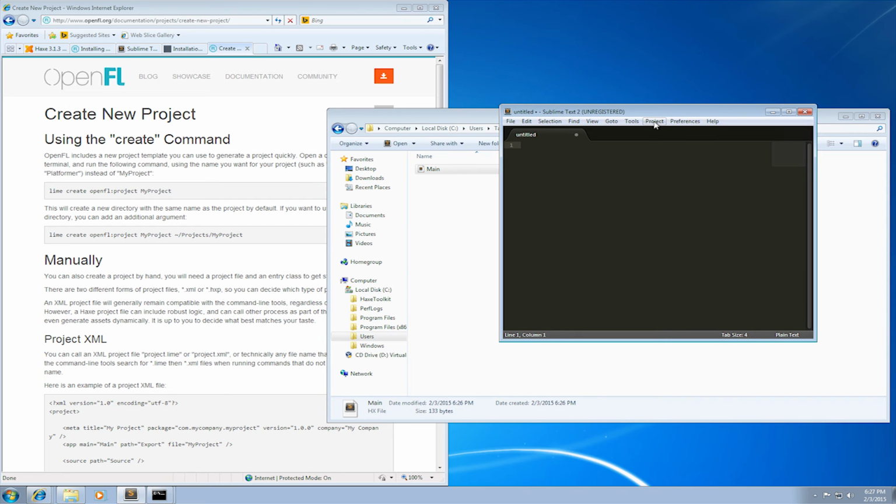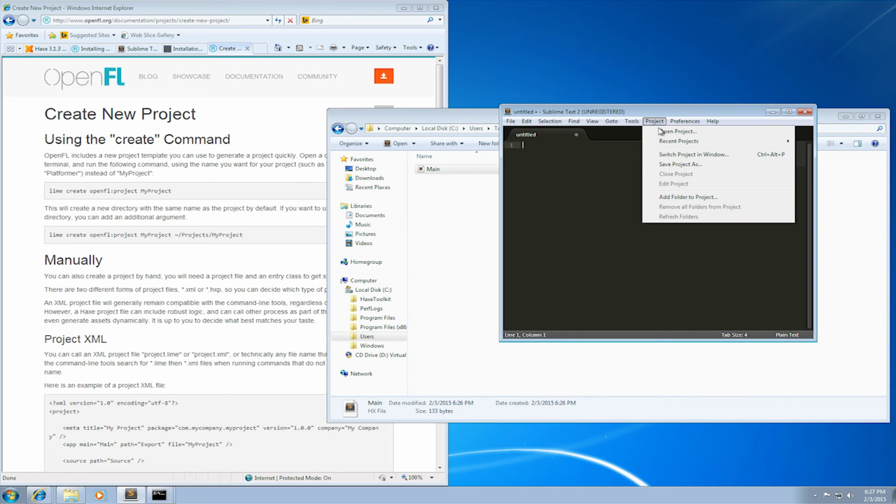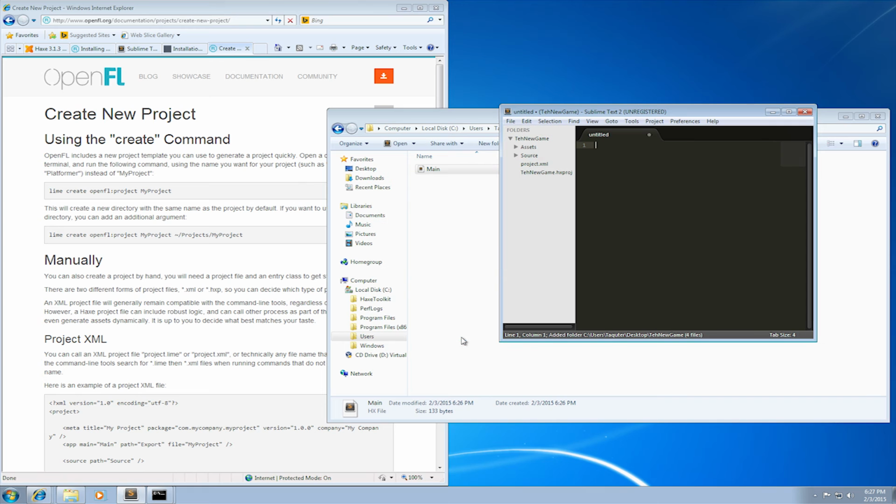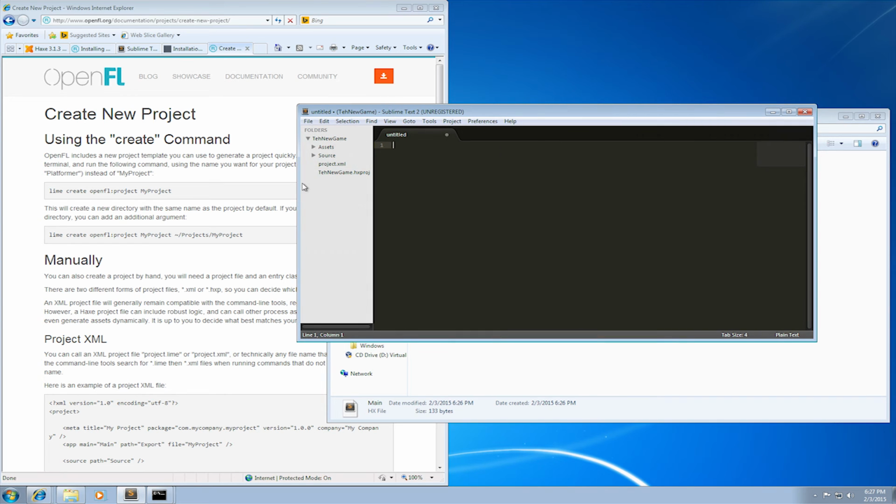So we're actually going to make a workspace in Sublime, which is kind of a nice feature. So we're going to do add folder to project, and we're just going to select the new game, or whatever you named your project. Click OK. And as you can see over here, we now have a file browser, hierarchy, whatever you want to call it,